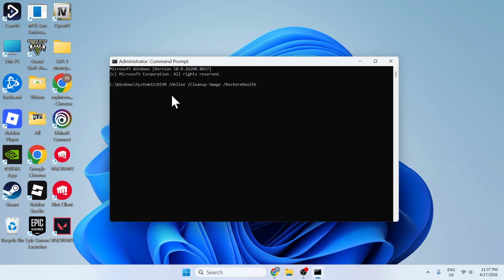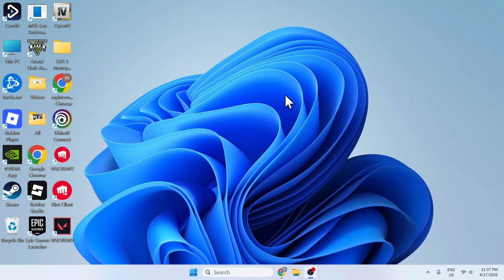Here, write this code: DISM /Online /Cleanup-Image /RestoreHealth, and then press enter. Then write SFC /scannow, and after it's done, try restarting your computer and see if your error has been fixed. If it's still there, then go here,